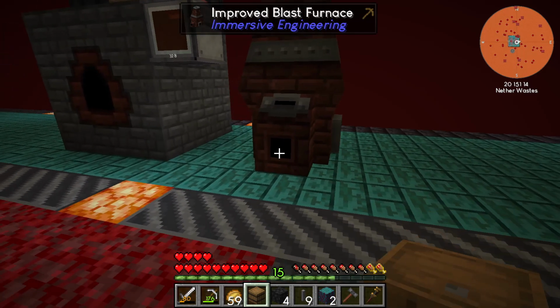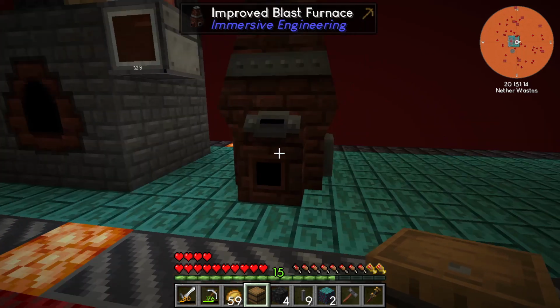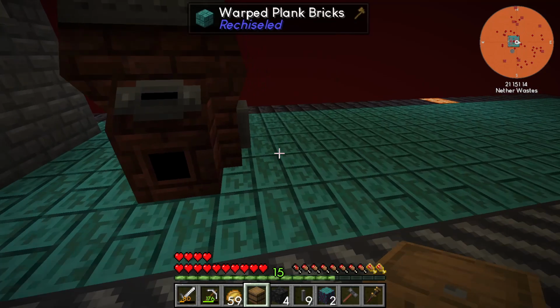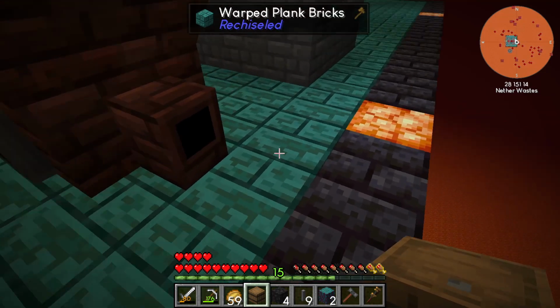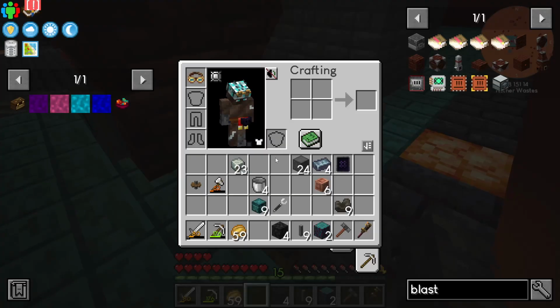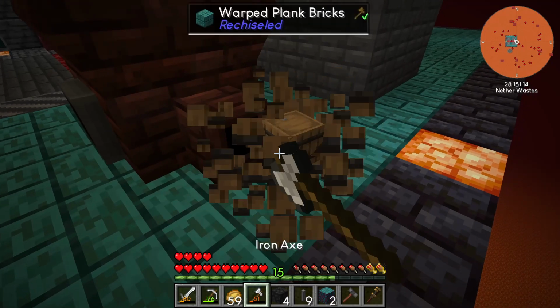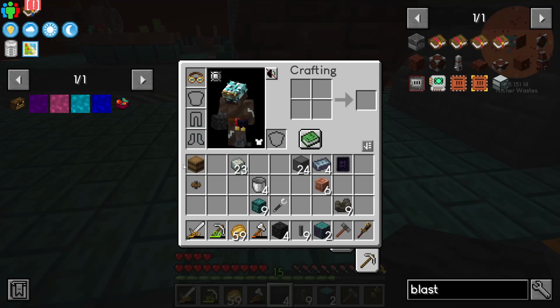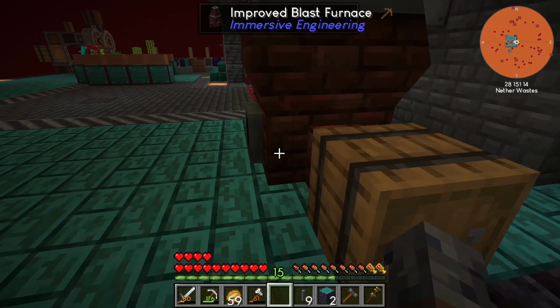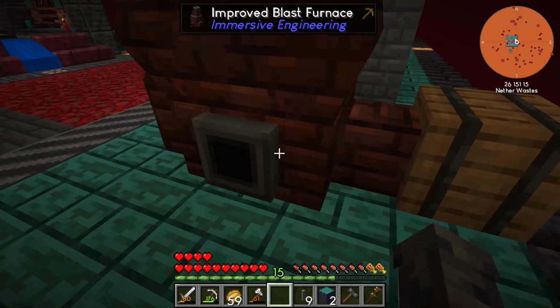Input is here. Your items that can be smelted, which in our case is going to be the blocks of iron, will come out the front, and the coal coke can actually come out the back, which is what I want. Not coal coke, the slag. I want the slag in here